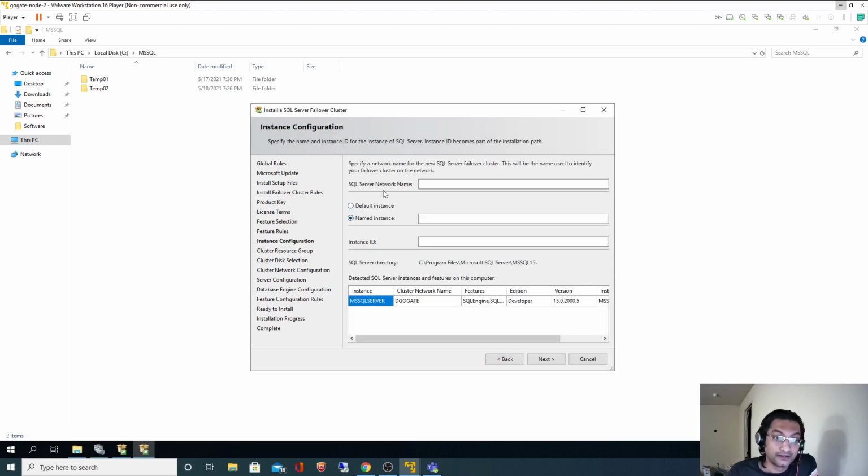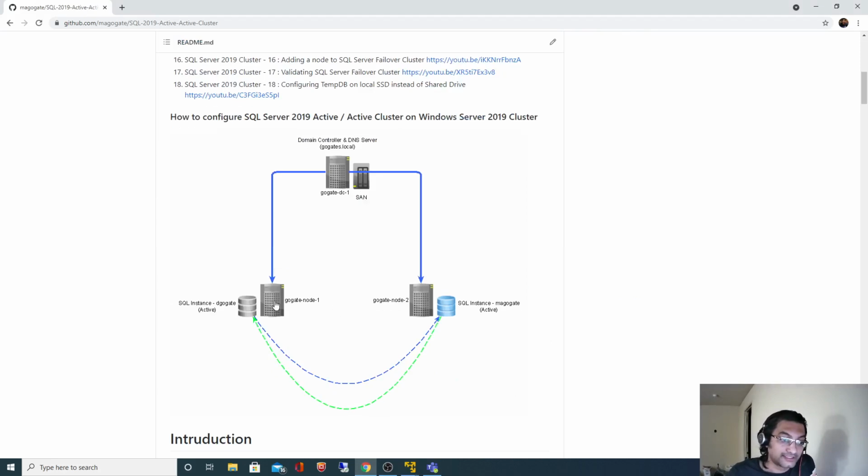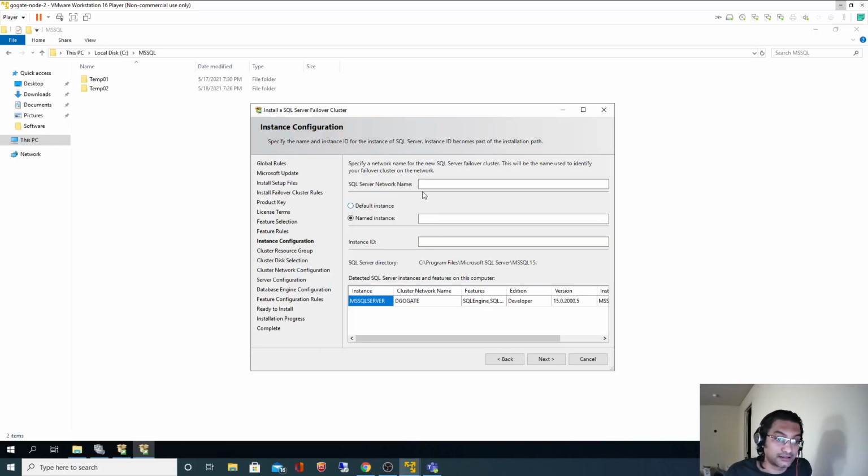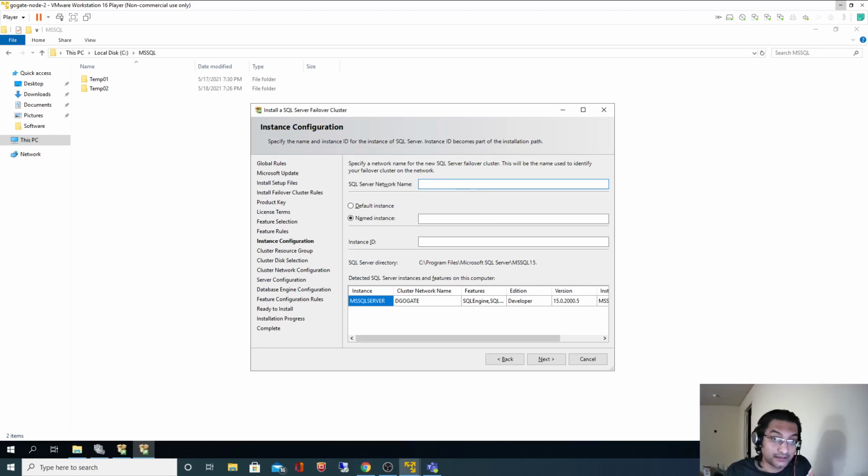Perfect. Now, if I go back to my documentation, for the previous node I had given the SQL Server network name as dgokte, and for this I'm going to give ma-gokte. But there is one catch. Last time I had specified the default instance.